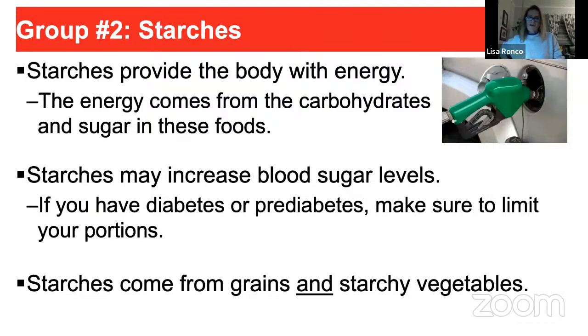So where do starches come from? Starches provide the body with energy, and you'll also know them as carbohydrates. Sometimes they get the bad rap. The energy in carbs comes from the sugar in these foods. We have simple carbohydrates and complex carbohydrates. Starches may increase our blood sugar levels, and they come from grains and starchy veggies. And I want to back that up for a second, because when we say starches may increase your blood sugar levels,